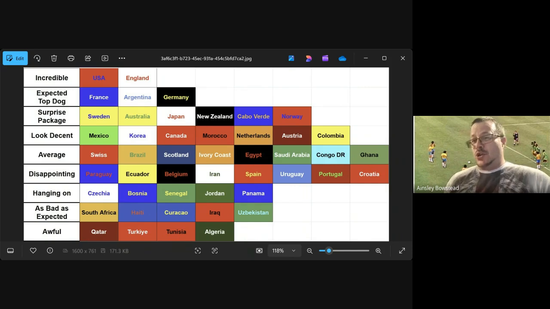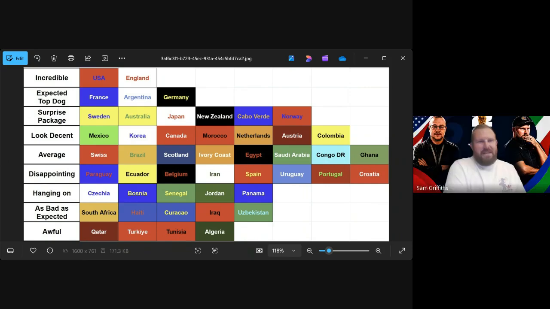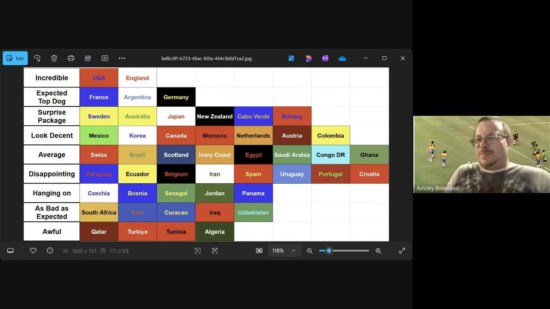Which brings me to Norway. It's the only placing on your little ranking that I disagree with, because Norway is sitting under the surprise package, despite the fact that we raved about them going into this, saying that this is a team that could top the group with France, that they could go deep. Didn't we have them beating Brazil in our predictions as well? Yeah, we did. Really surprising that they've won 4-1 against Iraq, is it?